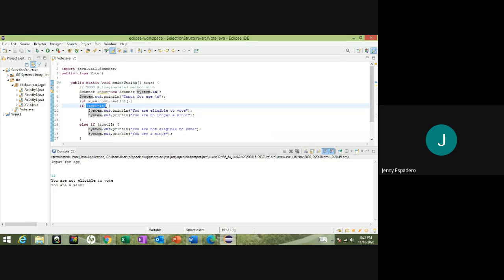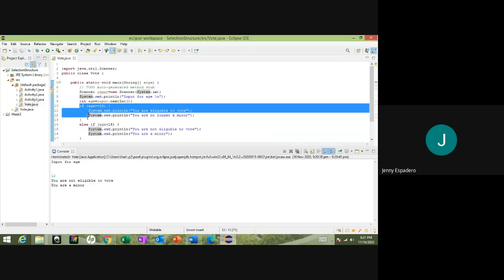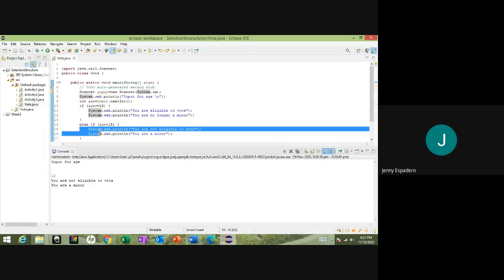Okay? So this is how you create a class in Java that uses a condition using if, else, or a two-way selection.